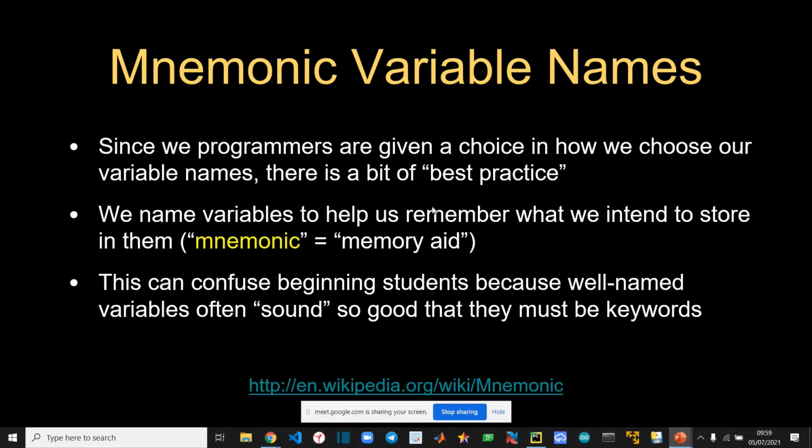Okay. And this is called mnemonic variable names. Mnemonic means something you can remember. Like in this case, it was number1, number2, but for example, if you are making a website,